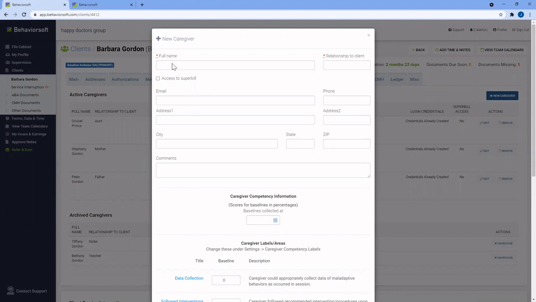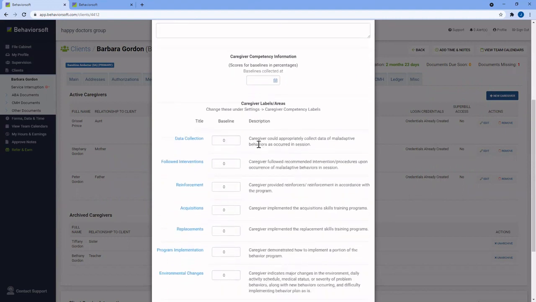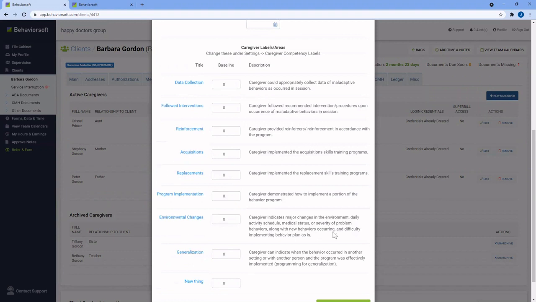So going back to this, you enter their full name, relations to the client, contact info optional, and then you would see the caregiver competency check. Here you would enter a baseline, a date for that baseline, and the baseline for the criterias. These criterias can be customized by your administrators as well. The format that your administrators create will be the same format for all caregiver competency checks you do on the